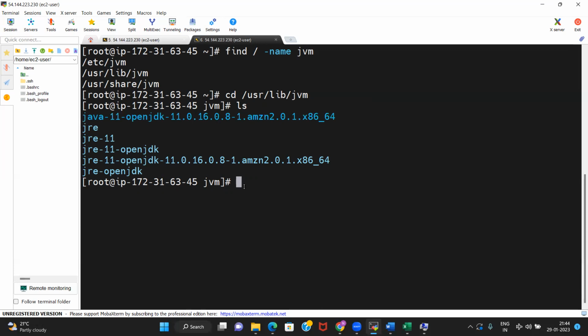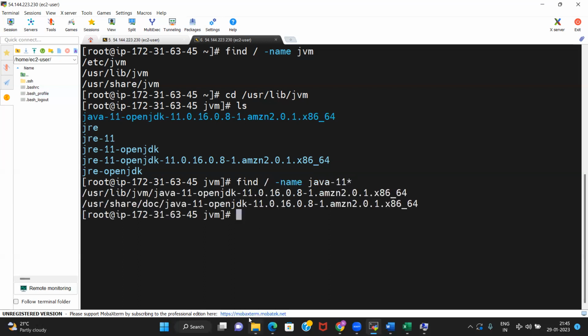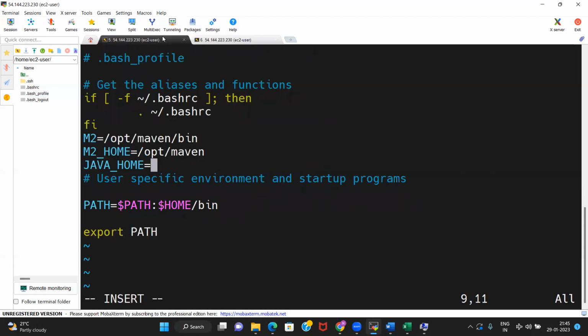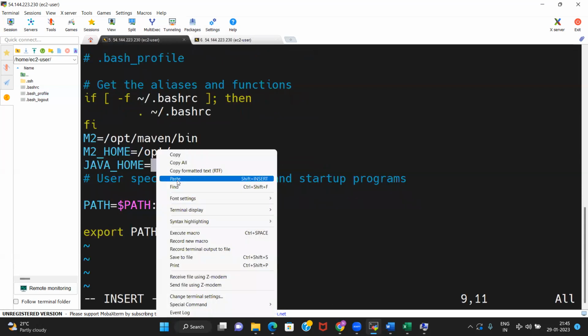You can do it like that as well: find / -name java-11*. Then you will get the complete path. You need to pick the /usr/lib one, not /usr/share, the path which has JVM, the Java Virtual Machine. So now put this path here.